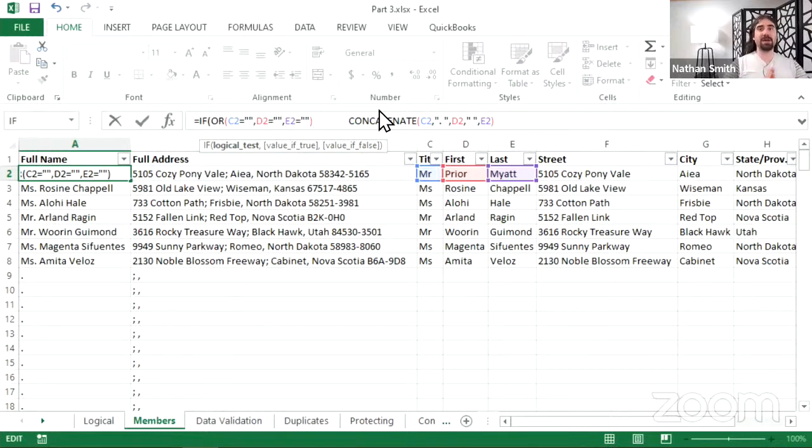Okay, so we've got our OR function in place. That's our logical test for the if. I'm going to put a comma after the parenthesis here. So I should have E2 equal sign, quotation mark, right parenthesis, and then a comma. Okay, so our value if true is going to be,